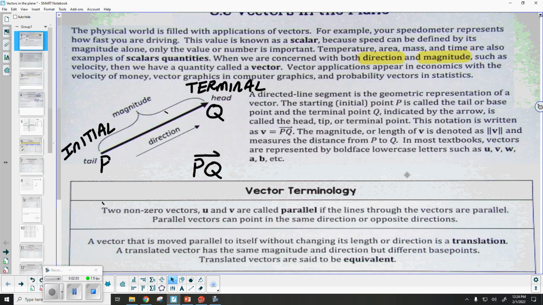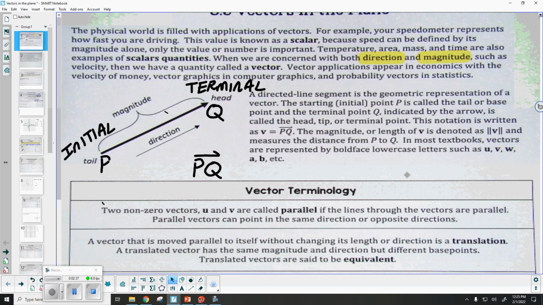Now, in order to have a vector, you have to have magnitude and direction. But as I was saying, magnitude could represent different ideas. For us, primarily over this unit, it's only going to represent 3 ideas. Now, we will see a little more, though. But primarily, it will be speed of an object. It could be the distance traveled, or it could be the weight or mass of an object. Those are going to be our primary magnitudes that we're going to be dealing with. In fact, a lot of the first examples we're going to see today, the magnitude is just the length of the vector itself. So just really easy ideas.